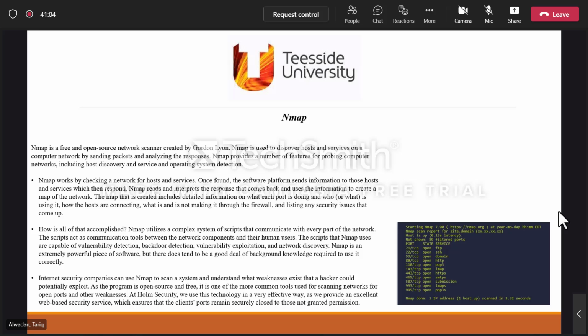Once it's found, the software platform sends information to those hosts and services, which then respond. NMAP reads and interprets the responses that come back and uses the information to create a map of the network. So basically, it's a really nice tool to scan whole networks to look for a free and open port that can be used in order to,